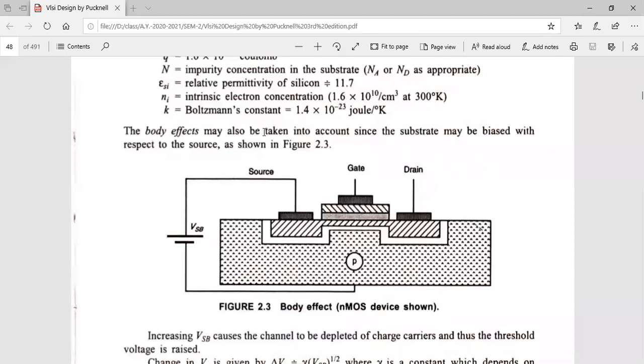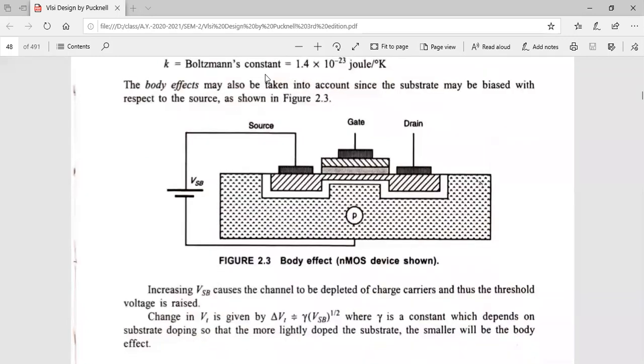This body effect may also be taken into account, since the substrate may be biased with respect to the source voltage. You can see here, this is the substrate. We are making some connection. Actually, this has to be connected to